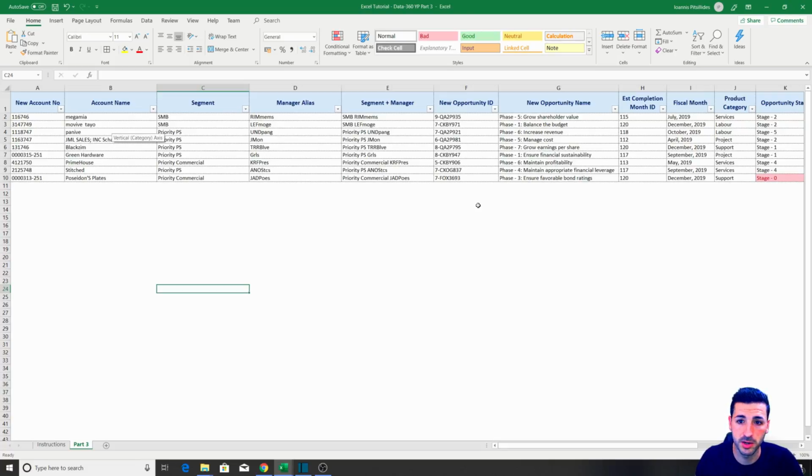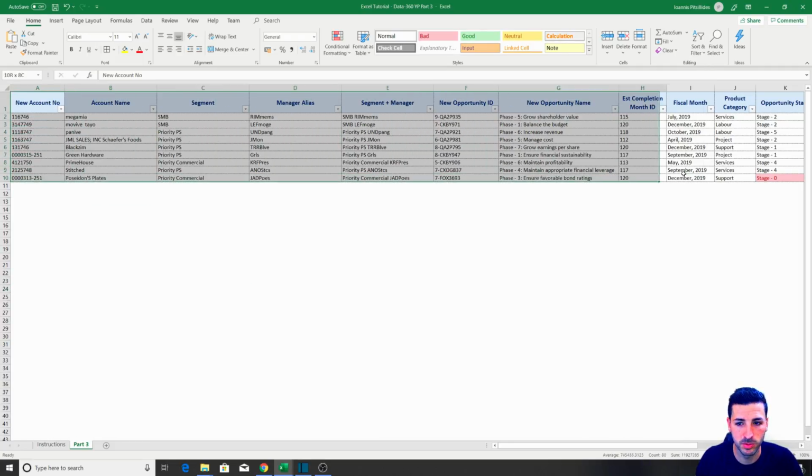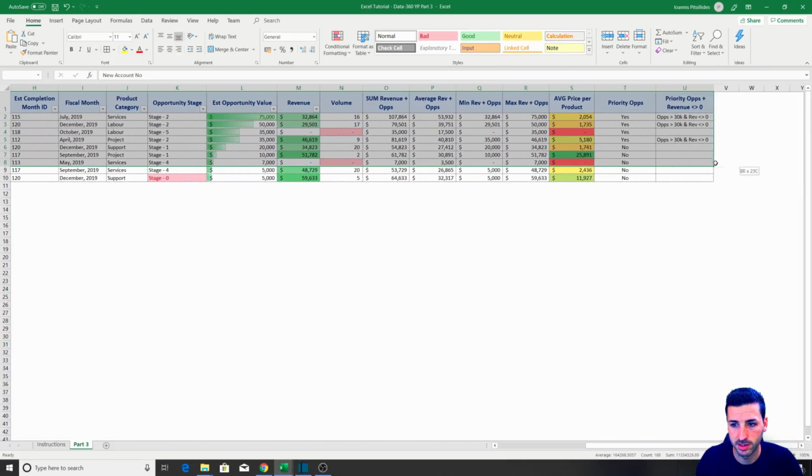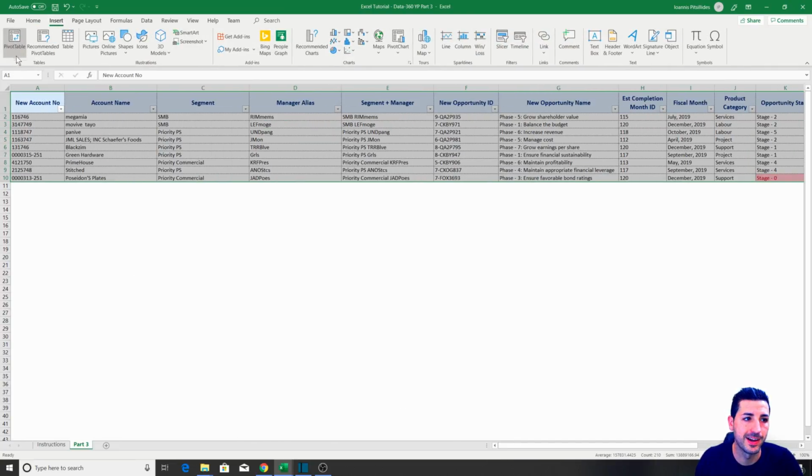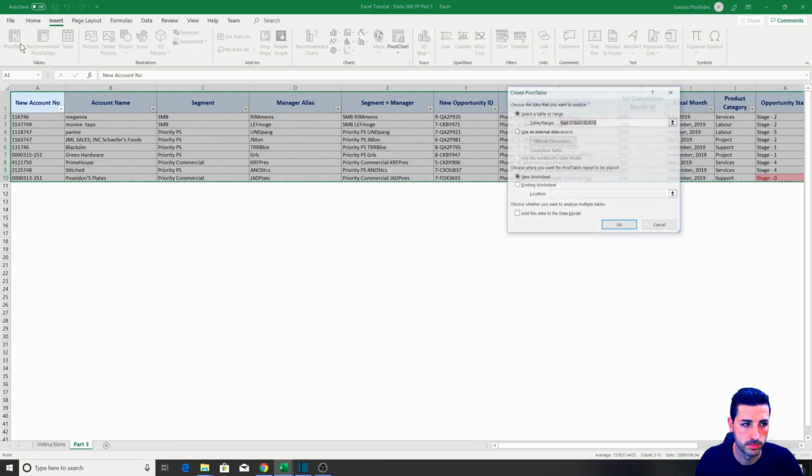Right, so pivot tables now. I'm just going to show you straight away how to create a pivot table and then try to explain what it is. So first of all, we want to select the data we want to pivot. So I'm just selecting all of our data, and then we want to go to insert and click here where it says pivot table. This is asking us first to select the range. So we have already selected the range. You can see those dotted moving lines. That's the range. And here it's asking if you want me to create a pivot table in a new worksheet or in an existing worksheet.